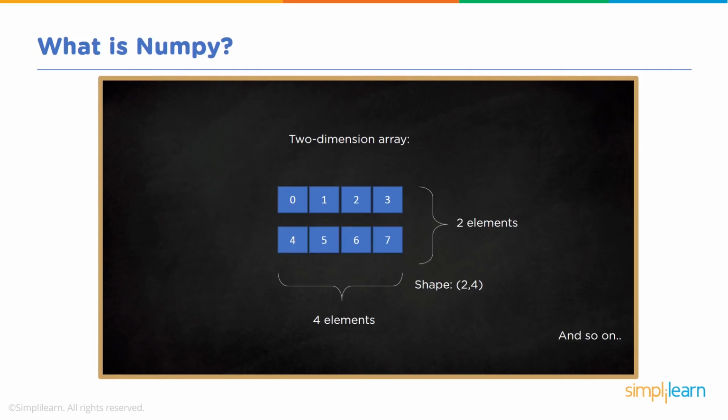And then we have a two-dimensional array where you can see 0, 1, 2, 3, 4, 5, 6, 7. And in here we have 2 axes or 2 dimensions, and the shape is 2, 4. So if you were looking at this as a matrix or in other mathematical functions, you can see there's all kinds of importance on shape. We're not going to cover shape today, but we will cover that in part 2. Did you know that NumPy's array class is called ndarray,